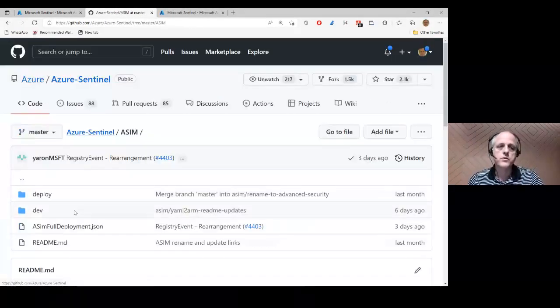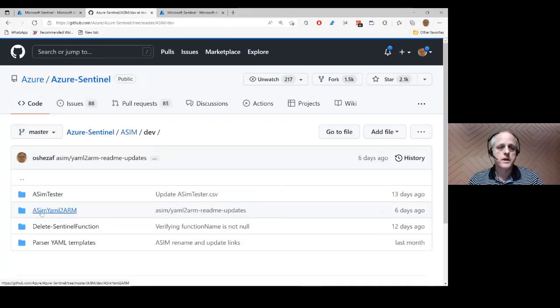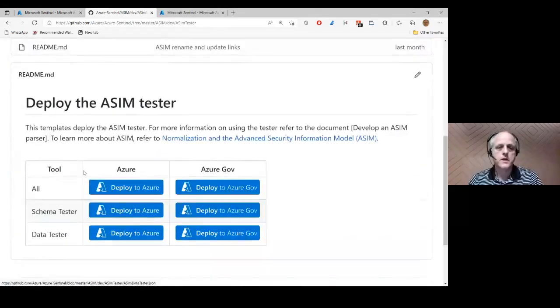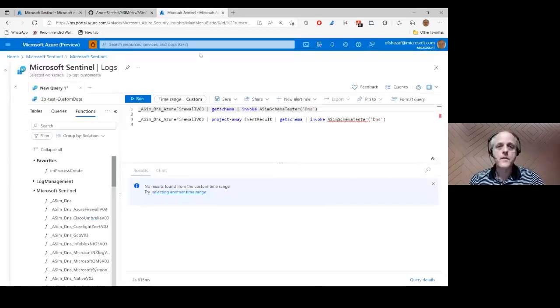So we have development tools for ASIM, and in the development tools we have the ASIM tester, and here you can just deploy all the needed functions to your workspace. So you run the schema tester by running your parser through the get schema function and then invoking the tester. If I run that,